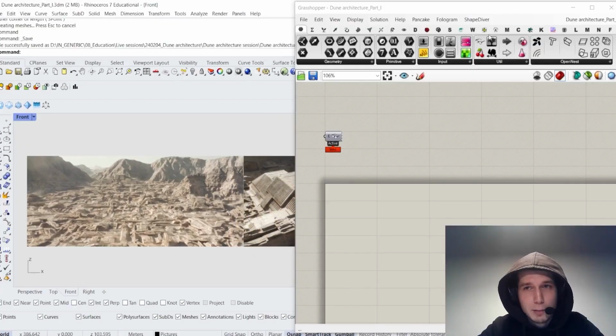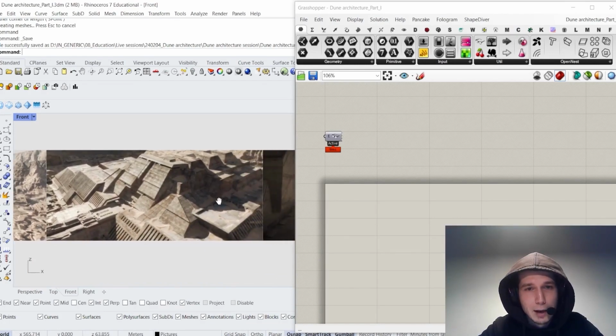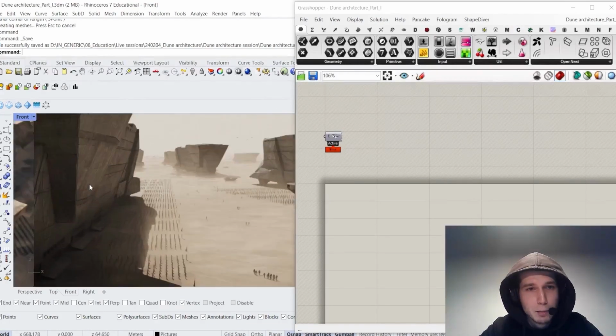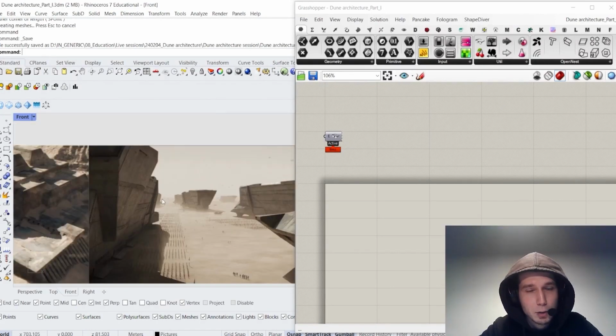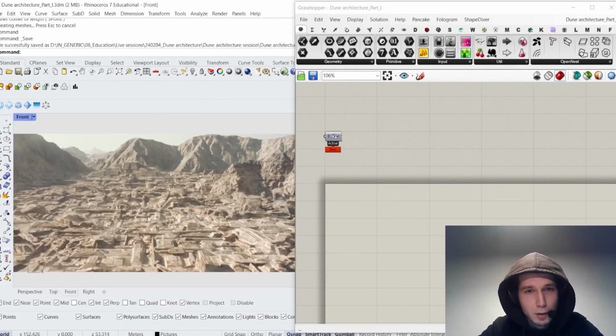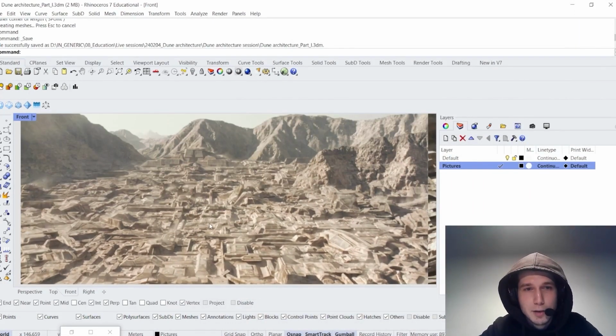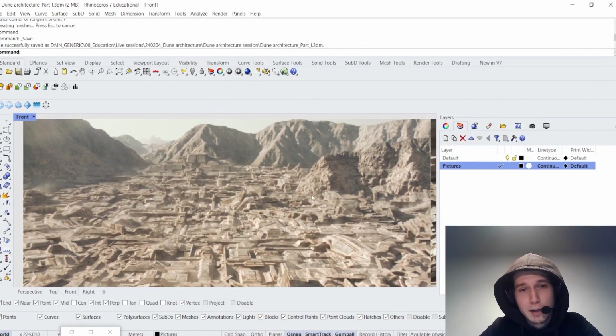I picked a few images which, in my opinion, are quite representative and allow us to see some more details and some more parts of this universe and this world. And I think that for the first part of our Dune related tutorials, I would like to model this space, which is the urban fabric of our key. I'm going to keep this image just as a reference, and maybe we can dedicate a couple of minutes just to look at this space and outline the key